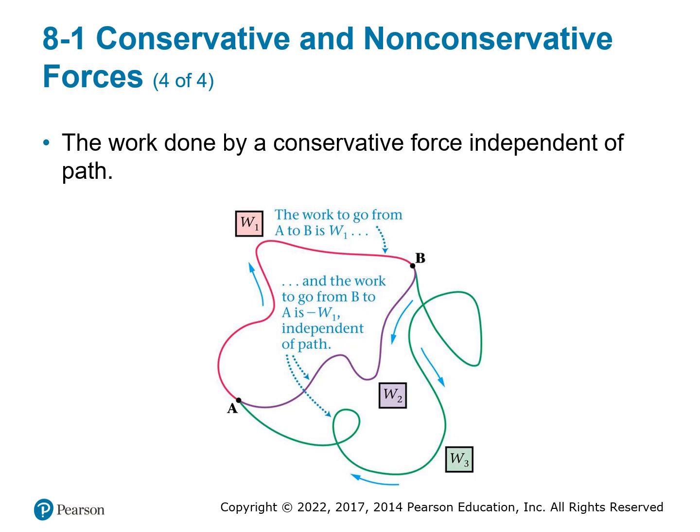The work done by a conservative force is independent of the path. Doesn't matter which way it goes. The work done to go from point A to B is work 1. Right, so if you go from A, follow the pink line to B, the work done from B to A is negative work 1, and it's independent of the path. Like you could go different ways to get from B to A, and the work is going to be independent of each other. It doesn't have to follow a certain path, basically.